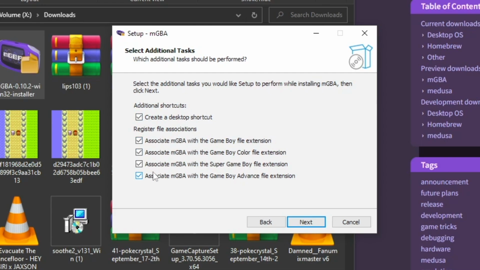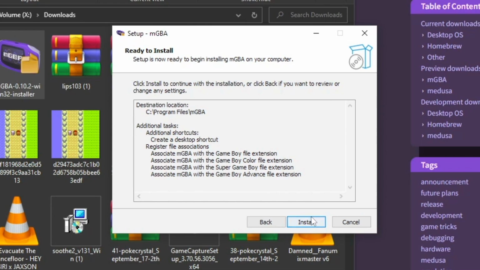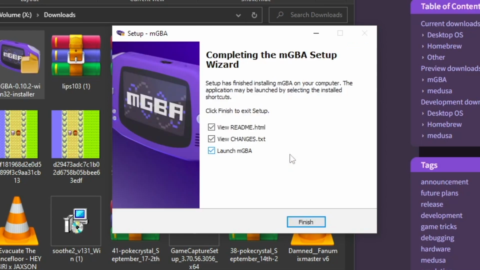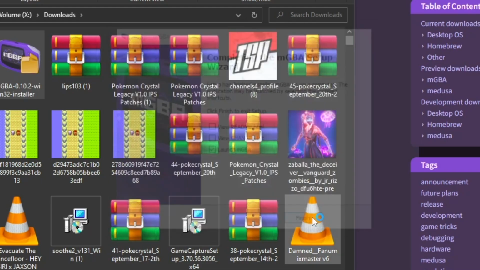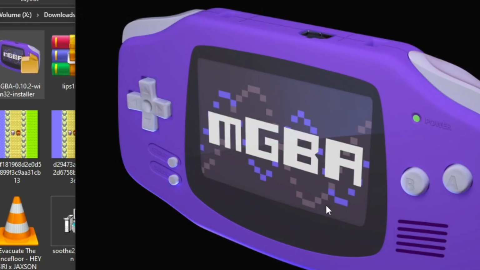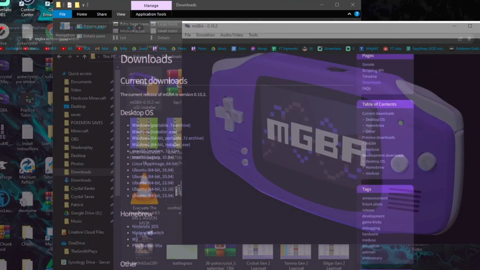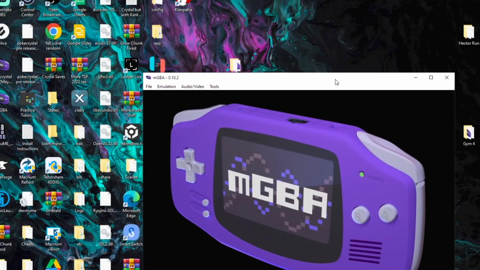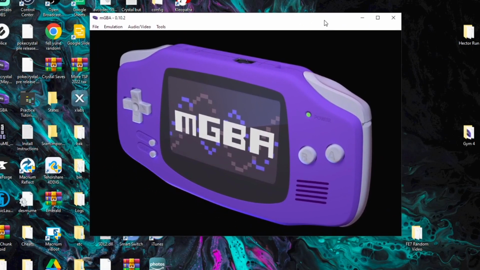So if it sees a .gbc file, it would say, oh, that's for mGBA, and it just makes your life a little bit easier. So hit next and then install, and mGBA will download. You don't really need to view the README or the changes, but just launch mGBA. And there you go. Okay, so now you have your Game Boy, which is what I was basically just showing you guys. So with all that done,